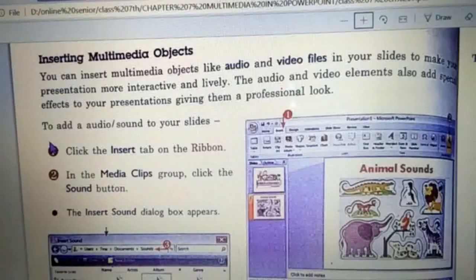The very first thing we will learn is how to add audio sound to your slides. First step is click the Insert tab on the ribbon. In the Media Clips group, click the Sound button.